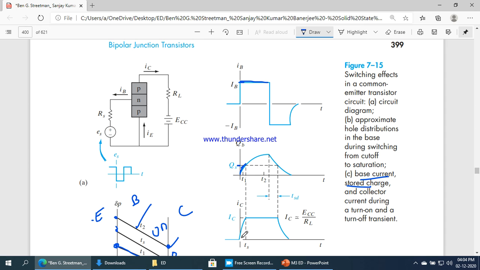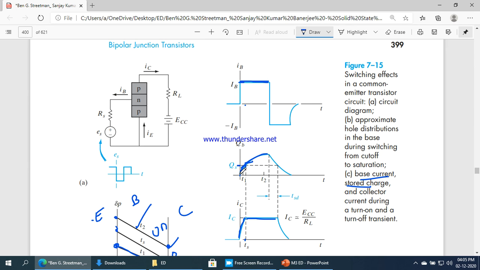At the same time, the collector current will also start to increase, but there is one limit beyond which the collector current cannot increase. When it reaches the time T1, that is nothing but Ts, at this Ts the collector comes to saturation. So this is the saturation current. Even after the Ts value, if the charge increases, the collector current won't increase. It remains constant. As the base current is at positive peak, the charge in the base region starts to increase.